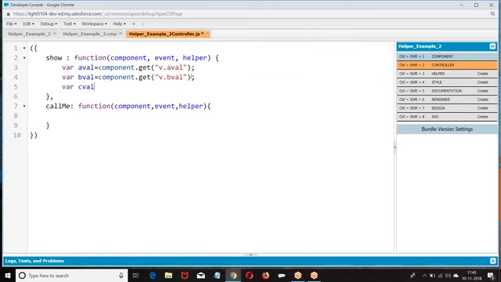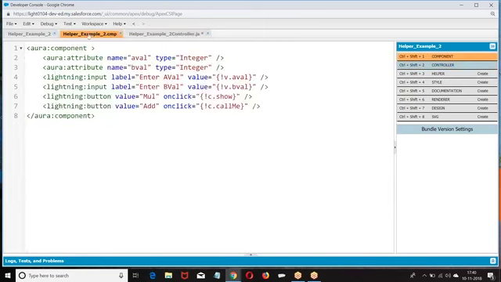Then I want to perform c equal to a plus b. Or else I'll make it somewhat more interesting here. Instead of giving this, I'll make it as ID.